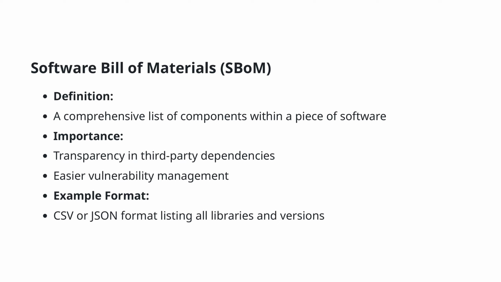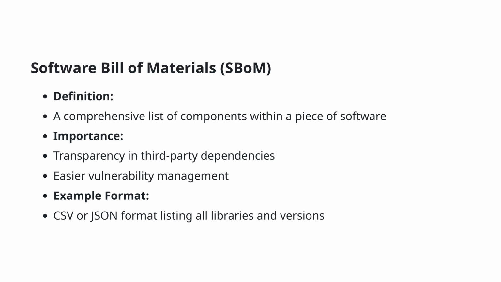An SBoM is typically presented in a format like CSV or JSON, where all libraries and their respective versions are listed. This structured format allows for efficient parsing and analysis, simplifying the tracking and management of your software's components. As we move forward, understanding and utilizing an SBoM can be a vital step in maintaining the security and reliability